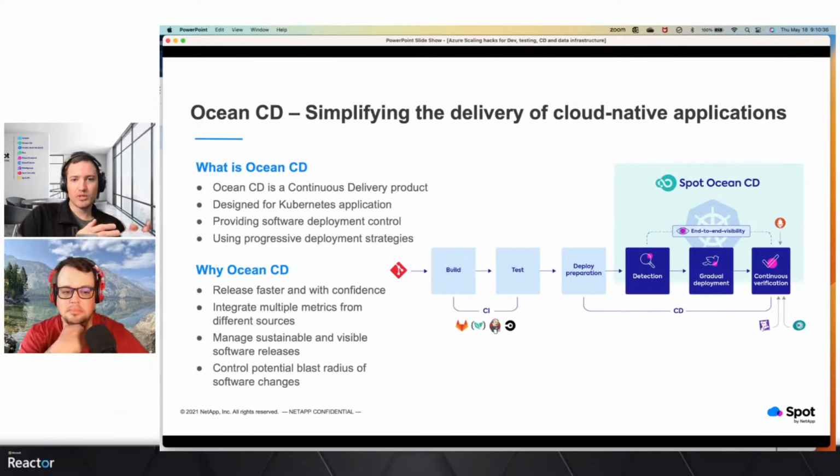So what we're doing at Spot by NetApp is we're continuing to build out our Ocean suite of Kubernetes offerings, which is why we have built Ocean CD. Ocean CD is our continuous delivery solution for Kubernetes applications. And if I could summarize what our main goal is with Ocean CD, it's allowing developers to deploy more and fail less.